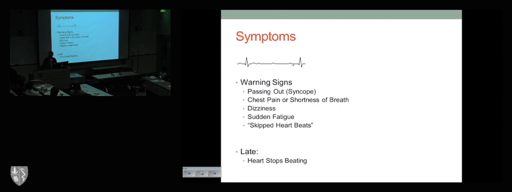So as the electrical problems progress, if they go untreated, you can start developing certain signs and symptoms. One of the more concerning ones is passing out. If you ever do pass out, that's a big red flag. Let us know right away. But you can also develop other things, especially as your heart starts to slow down quite a bit. You can get some chest pain, shortness of breath. You can become dizzy. These slowings of the heartbeat can come in waves or just in transient episodes. Some folks report feeling like their heart is skipping. And ultimately, what will happen is that the heart slows down so much that it stops beating. And that's exactly what we're trying to avoid.